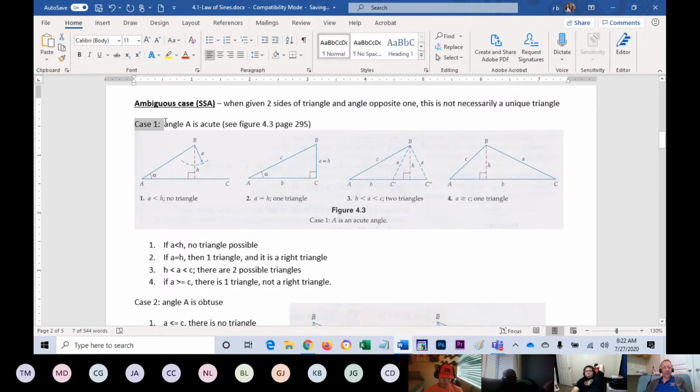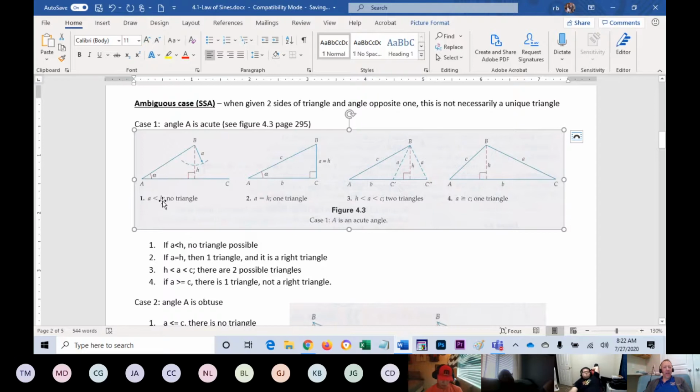So let's talk about case number one. Angle A is acute, and so we've got some cases here. So you can see here, well, this is case one, scenario one. If side A is less than h, the height of the triangle, you cannot have a triangle. It just doesn't exist because this side is much too short. Okay. If side A equals side H, well, that's nice because you have a right triangle. You'll have only one triangle because A equals H. If A is greater than H, okay,